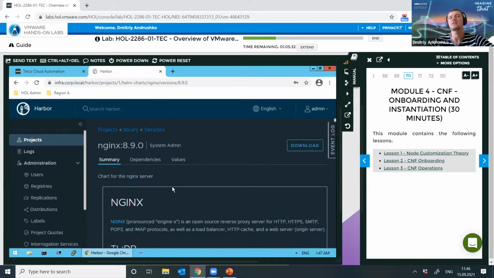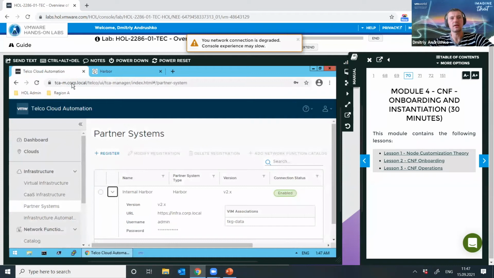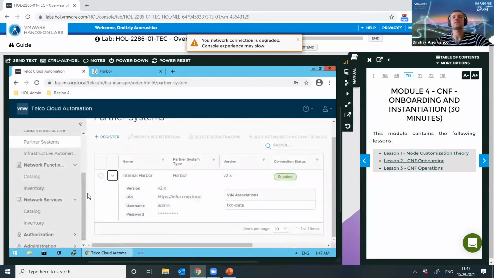It means this Helm chart is coming from open source, and you can review it at GitHub and check which parameters are accepted by this network function. Okay, so Harbor is here. It is integrated with the TCA. And now let's move to the network function